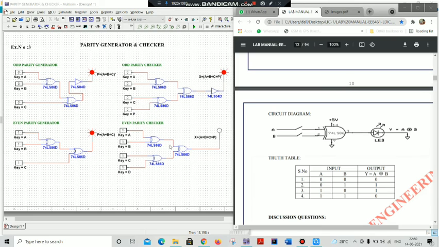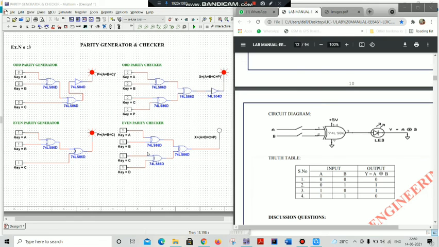Both are 0, which act as input for this XOR, and this XOR gives the output as 0. So here your LED probe does not glow.